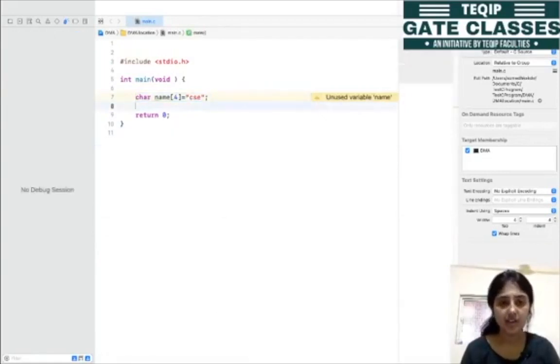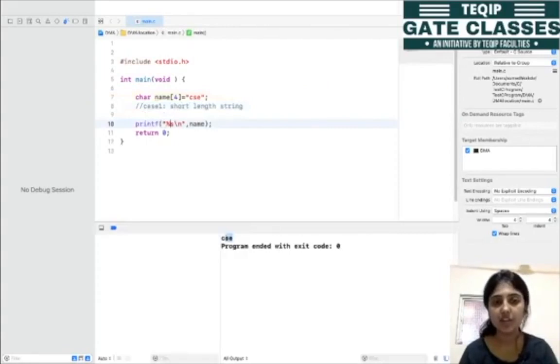So let's analyze the three cases which we have discussed earlier, okay? What was our case number 1? When we have a short length string, this printf is used to print the string, right?